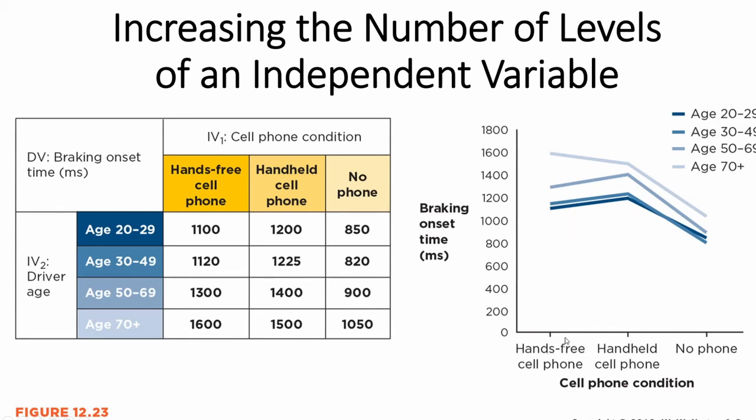This time we still have the same setup with our 3 cell phone conditions along the x-axis, braking onset on the y-axis, and then 4 different shades of blue showing the different ages. And the same basic relationship here, where older individuals are showing an overall slower reaction time. But now that we've picked apart and focused on more refined age groups, we see that these lines are no longer parallel. They're still pretty darn close to parallel, but we do see some